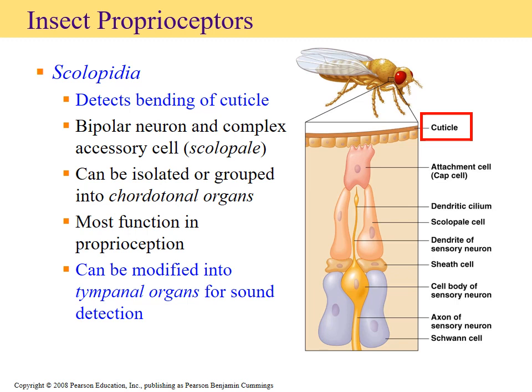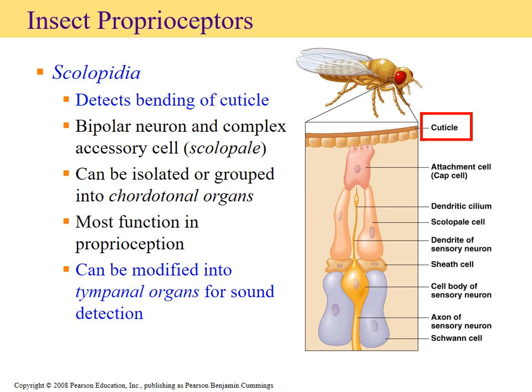We can also see that the proprioceptors in the insects are going to be modified. They're going to be different than the traditional tactile receptors. And part of that is that it's going to be part of the structure called scolopidia. Scolopidia takes a look at the fact that it's able to detect any type of bending within the cuticles, and it does so by interacting and attaching to the cuticle with the use of a cap cell or a little ligament cell. And usually within the stack of items, we're also going to notice that they have bipolar neurons